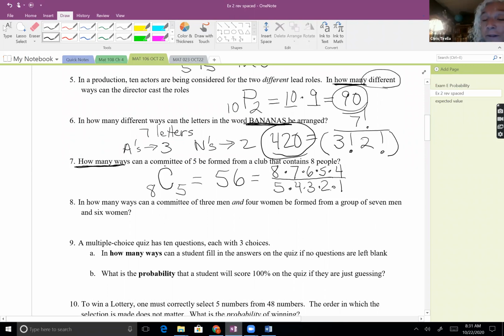This is different than how my labs would have you do it. My labs would have you do 8 factorial over 5 factorial, 3 factorial. But back in ancient times, when we always did it by hand, this was the easiest way. So you multiply those, you cross out the numbers that match, right? Then you multiply 8, 7, 6. Yep. And then 3, 2, 1, and then divide? Yes. Okay.